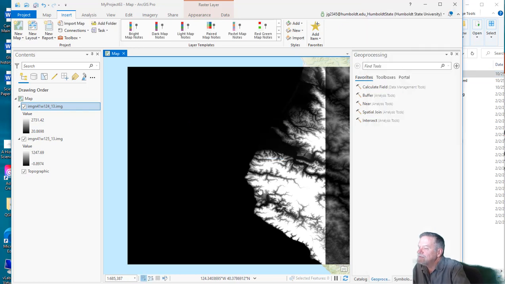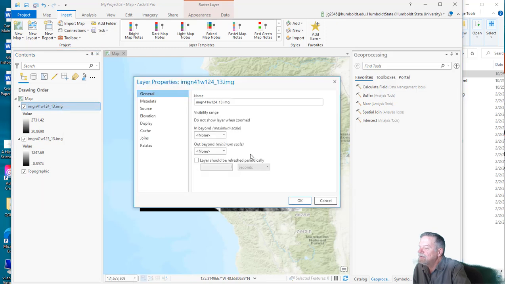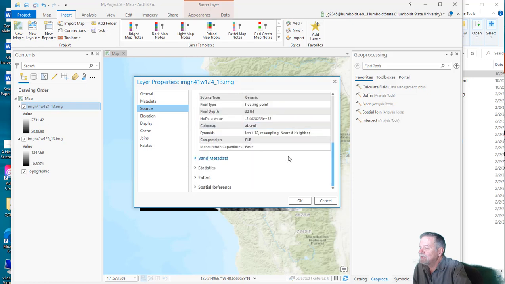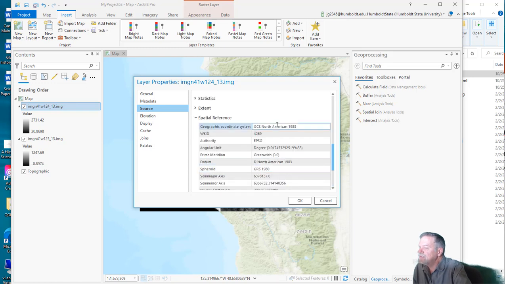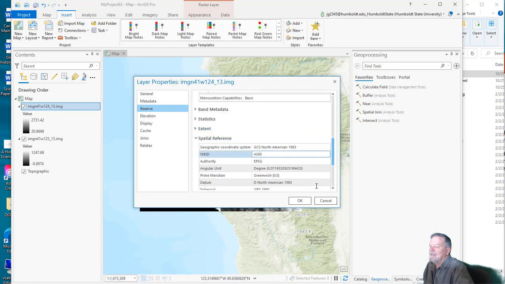Okay, and you can see that Esri is displaying everything in geographic. That's a hint that these are in geographic. So if we go to source, do raster information, I can see, okay, there's my 10 meter per pixel DEMs. That's a good thing. They're 32-bit. That's a good thing. Floating point, I should say, 32-bit. And the spatial reference is WGS or GCS 1983. So since there's no projection mentioned there, that means that this data is not projected, so it's in geographic,